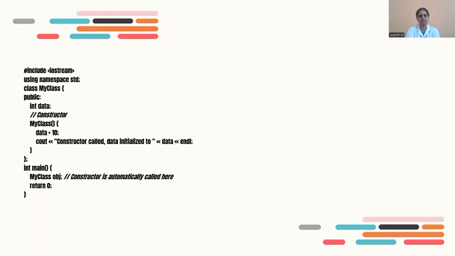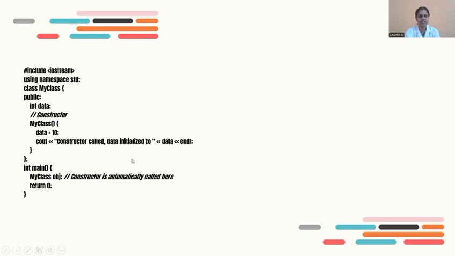And this is an example program for implementing a constructor. Here we have created one class called MyClass, and we have declared the variables as public members. So data and MyClass are the members of the class MyClass. MyClass is a function and it is also the class name. We have created a constructor, and this constructor function is automatically invoked when an object for this class is created. We have given some data here which is assigned 10,